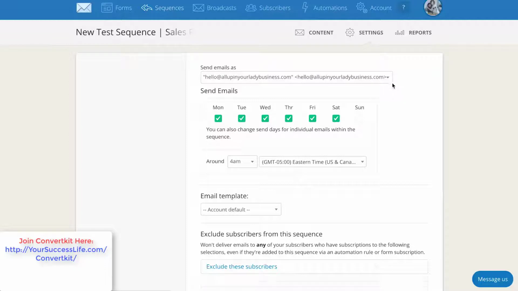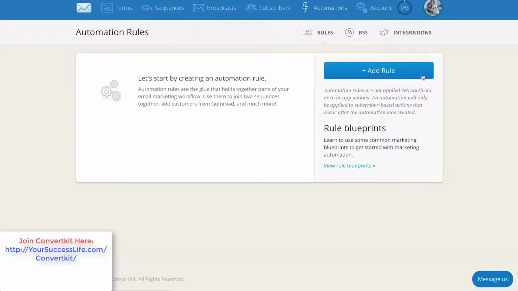Another thing I want to show you are automations. Because we've talked about how sales funnels need a, hey, thank you for subscribing, and then they also need a nurture sequence, and then they also need a nurture to the sales sequence. You might want to have the same nurture sequence for every single sales funnel you have. So you would set up your own sequence in here, and then you would kind of flop things back and forth. So in your automations, you might say,